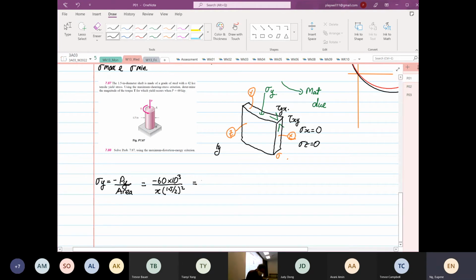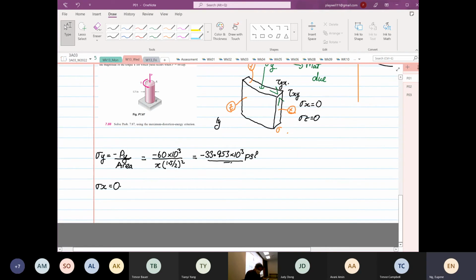Minus 33.953 times 10 to the power 3 psi. So we know that stress X is equal to 0, right? So now we can determine the center of the circle,